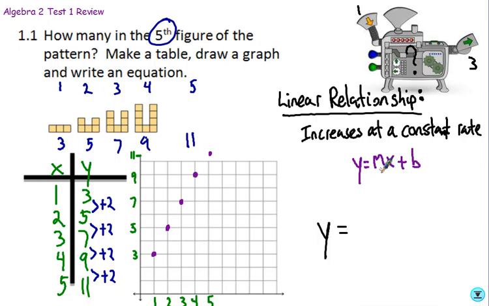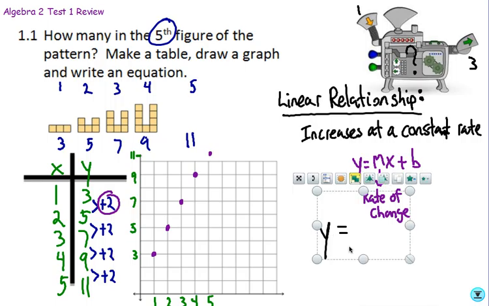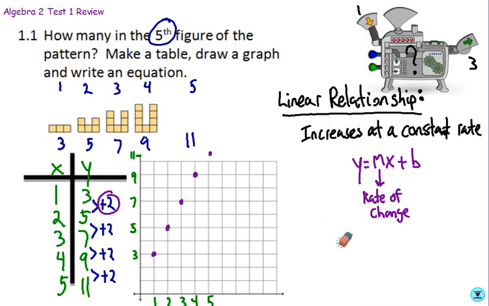The number in front of x, right? So x is being multiplied by some quantity or some amount. That would be the rate of change. So I'm going to write in rate of change. So the rate of change, for instance, in this one is plus 2, right? Because you see that it's increasing by 2 each time. So that's where I would have y equals